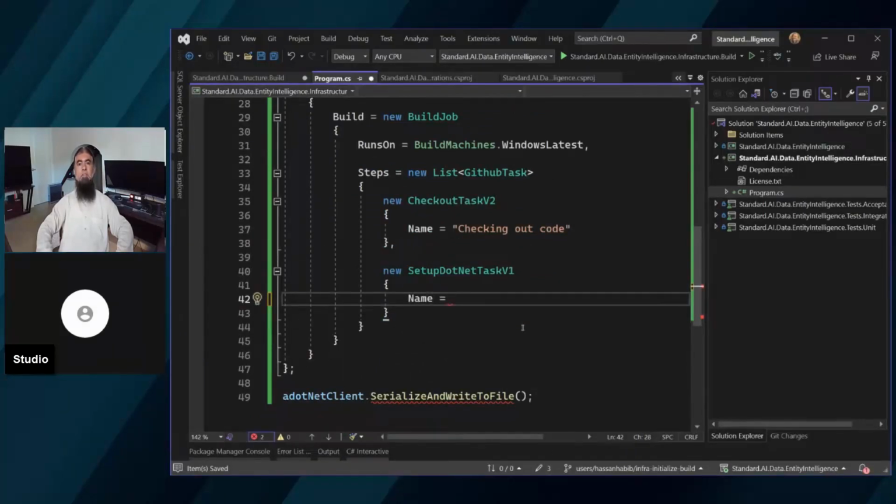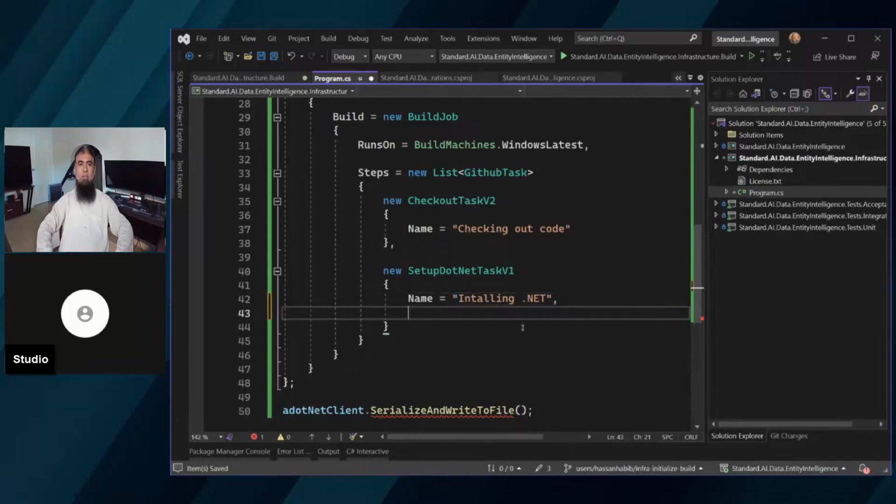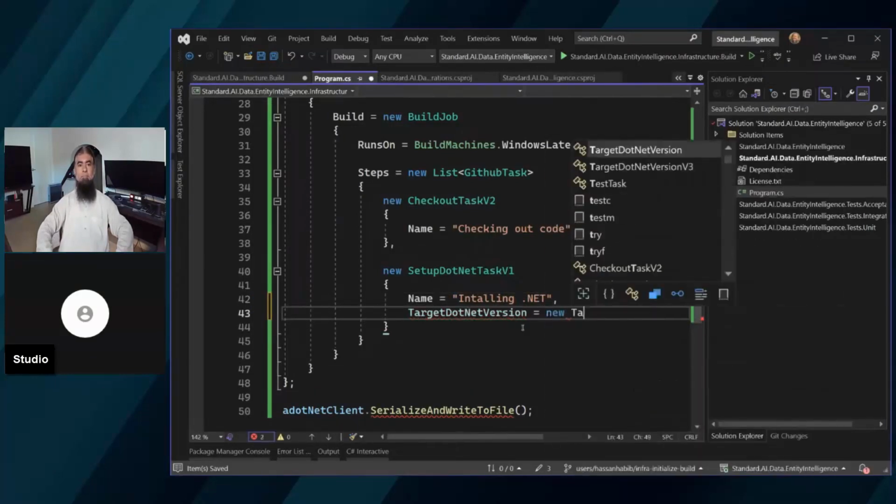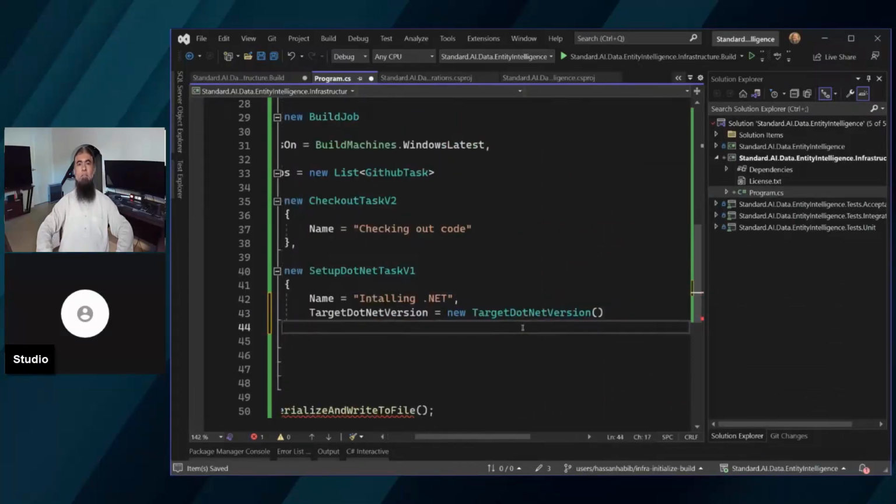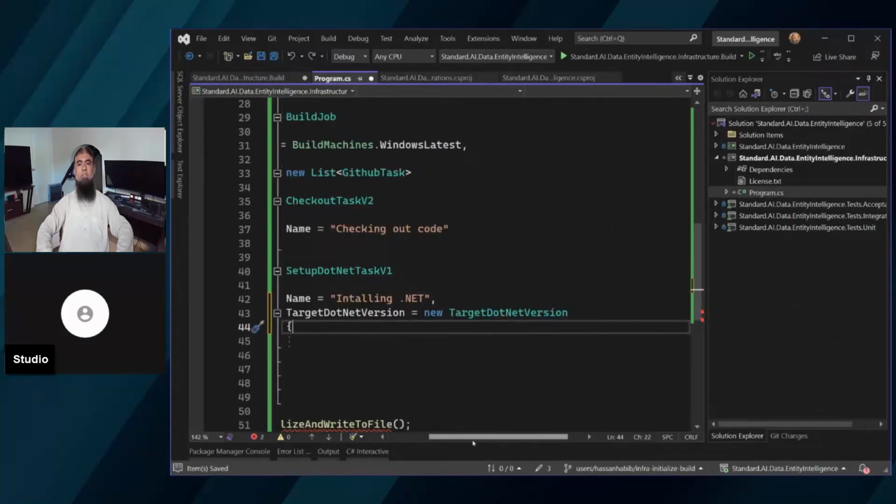We could play around with these. If you are part of that effort, please join our channel and our live stream and explain to us what happened here. So this is installing .NET basically. That's this task. And we are running on a very specific version. So I want to specifically say the target version for this will be the